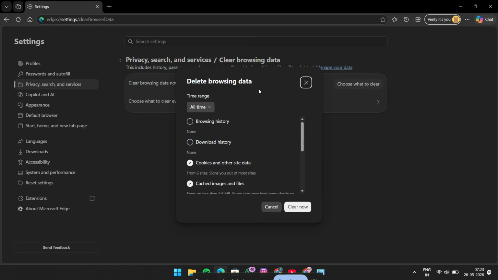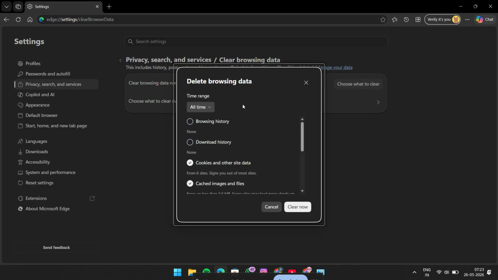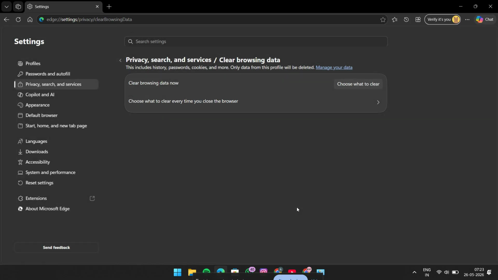In that menu, make sure you select cookies and other site data, and also cached images and files. If you want, you can choose the time range as all time for a full cleanup, especially if this issue has been happening for a while. Once everything is selected, click Clear Now and wait for Edge to finish deleting the data. After that, close the browser completely and reopen Microsoft Edge, then go back to the website and check if the